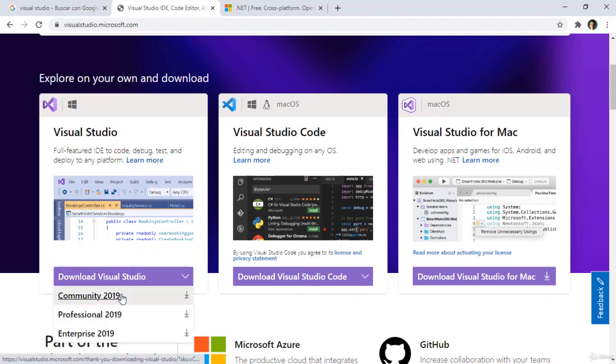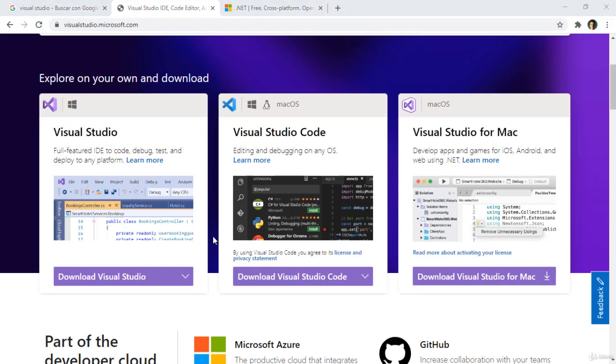You can come here and download the Community Edition. The Community Edition of Visual Studio is a powerful edition which is free, which you can use to develop all kinds of applications. In our case, we are going to use this one, the Community 2019, so after downloading and installing that, you should be presented with the workload screens. We're going to go to that screen in just a minute, but in my case, I already have Visual Studio